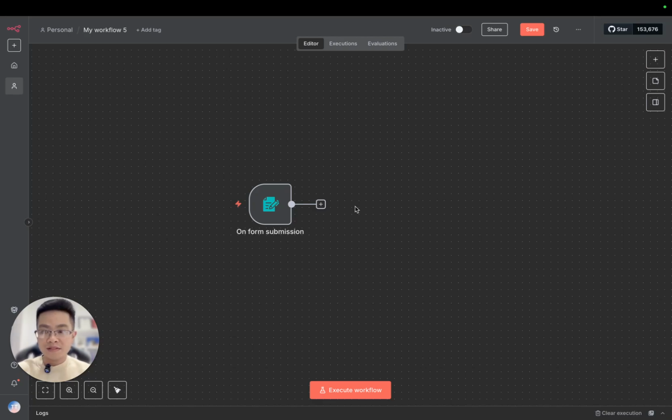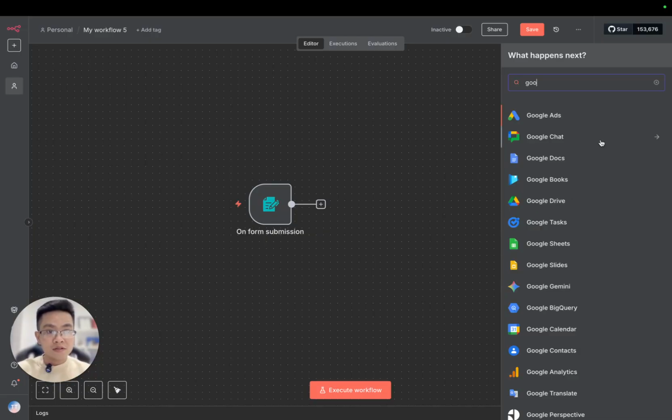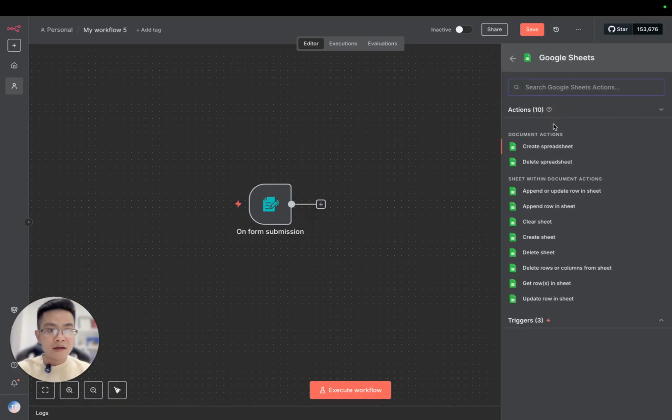And then next we need an n8n node that allows us to create the Google Sheets record, right? So we're gonna use the Google Sheets node here. Search for Google Sheets, right? And this one is a built-in node from n8n, right? And then we click here, and there are some actions we can do with the document, and some actions we can do with the sheets inside the document, right? Also some triggers, but today I'm not working on that. We will append or update a row in the sheet, right? So this will be the action that we use to append or update a new record whenever the form is submitted.